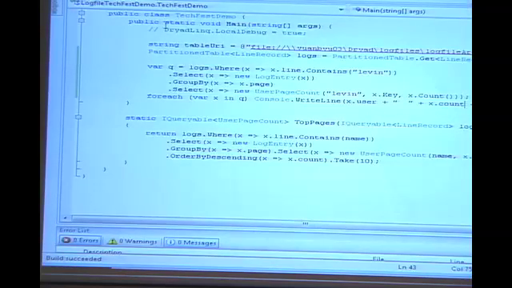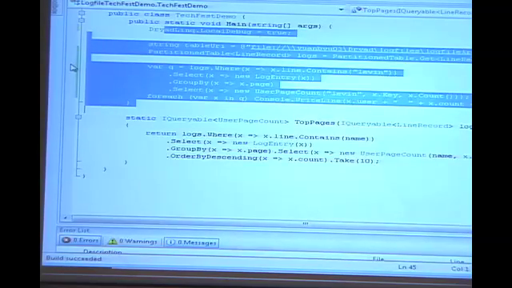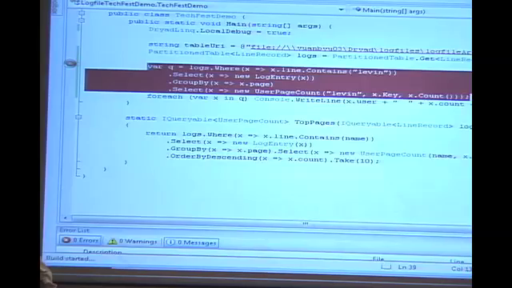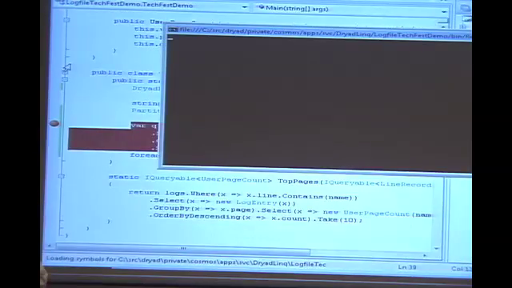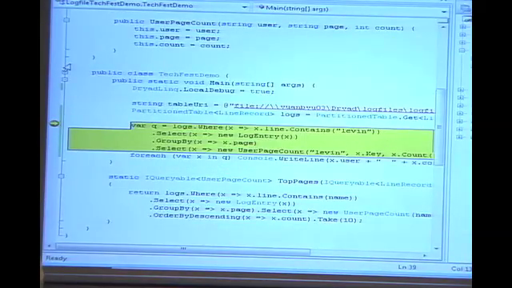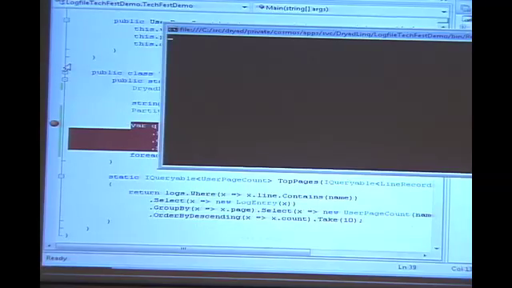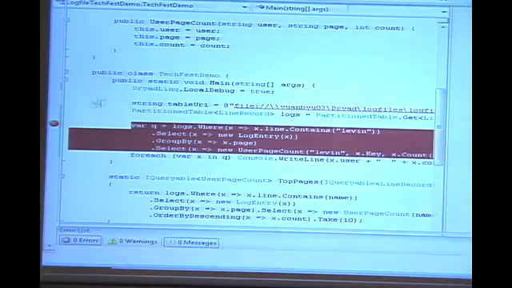So all I need to do is, for instance, set a flag to run it locally, and I can set a breakpoint here and step through it.